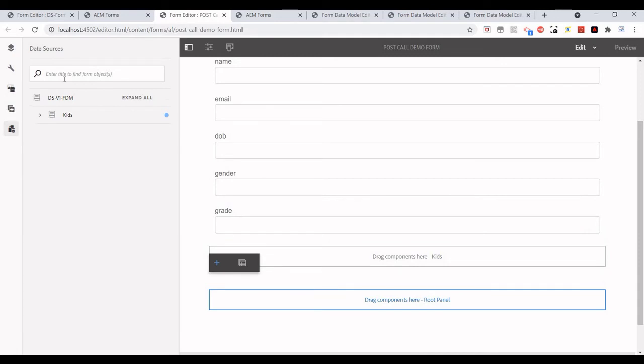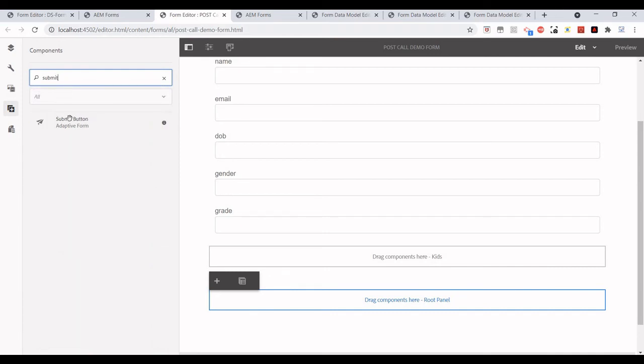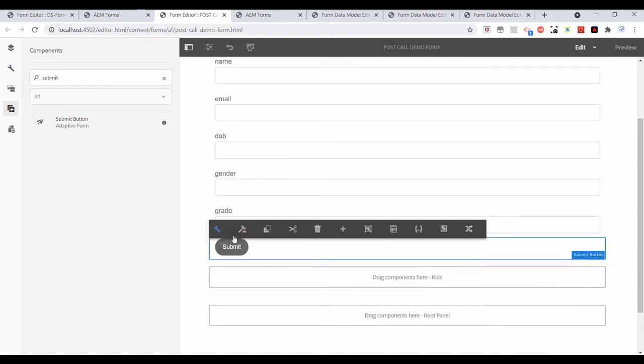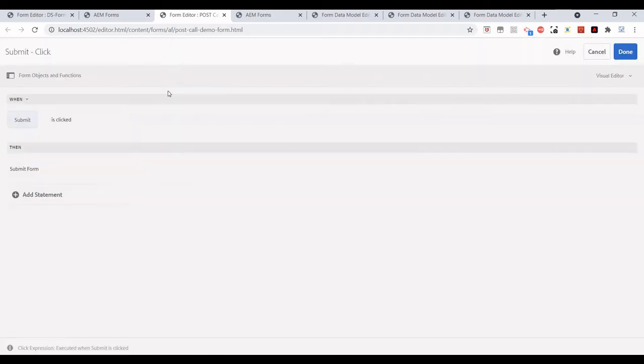Now let me add a submit button. Let me add it here. Once we configure this, there is a rule builder icon. Just click on this, then click on this checkbox, and click on edit.